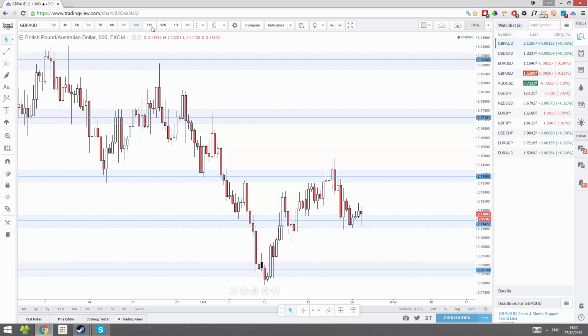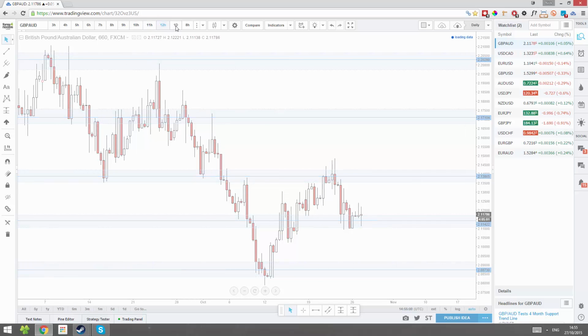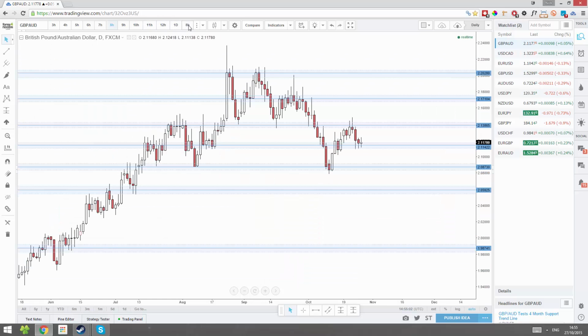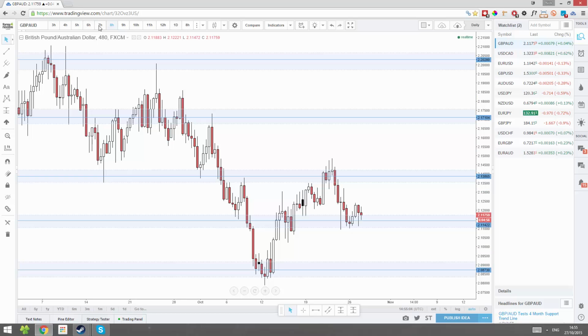There was a setup here on GBP/AUD, but there is nothing right now. The setup that was there was on the 8-hour chart. Not really going too well. I didn't actually take this setup, but